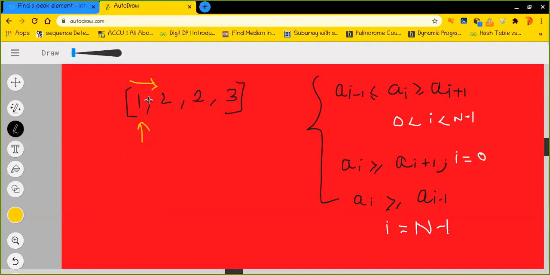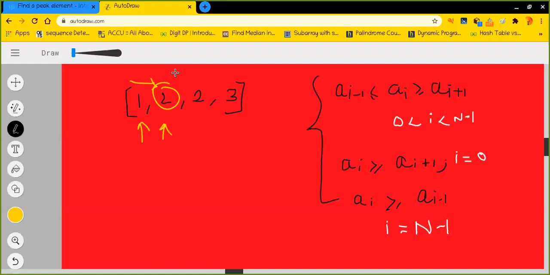So is it bigger than its right neighbor? Obviously not. So I came to here, and I see that it has a left neighbor as well as a right neighbor, and it's satisfying the condition. So here I will break the loop and simply return 2.